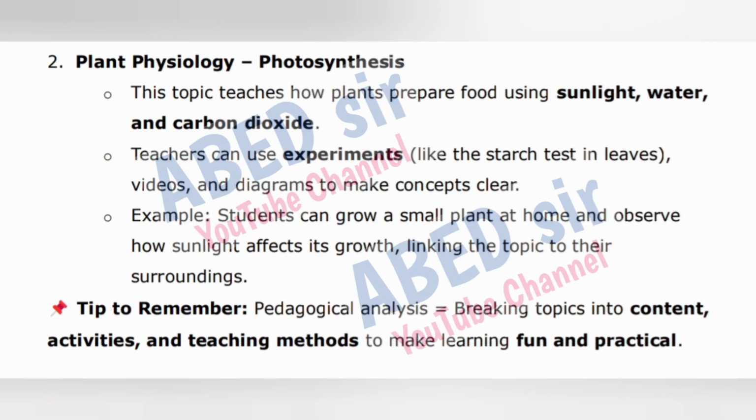2. Plant physiology, photosynthesis. This topic teaches how plants prepare food using sunlight, water, and carbon dioxide. Teachers can use experiments, like the starch test in leaves, videos, and diagrams to make concepts clear. Example: students can grow a small plant at home and observe how sunlight affects its growth, linking the topic to